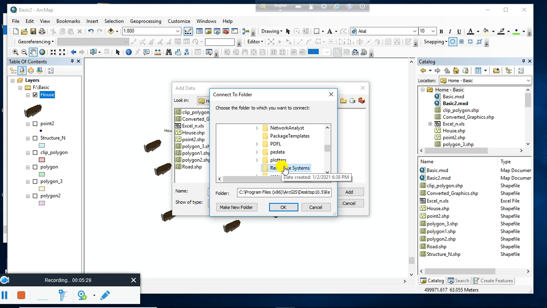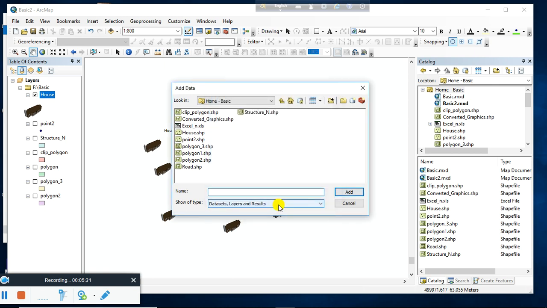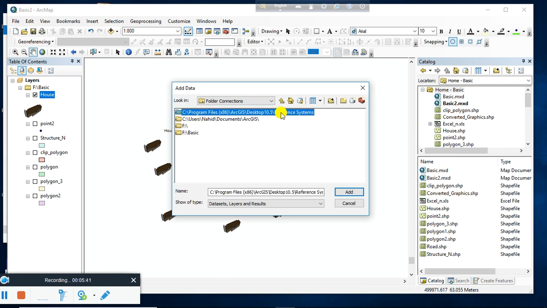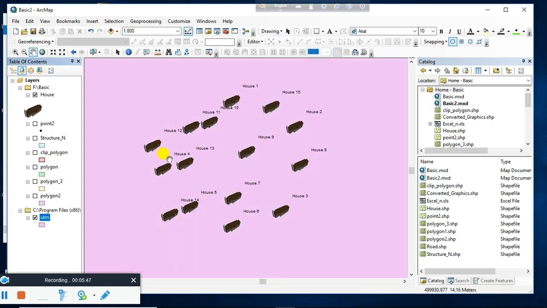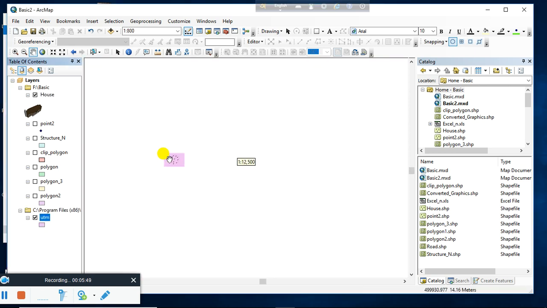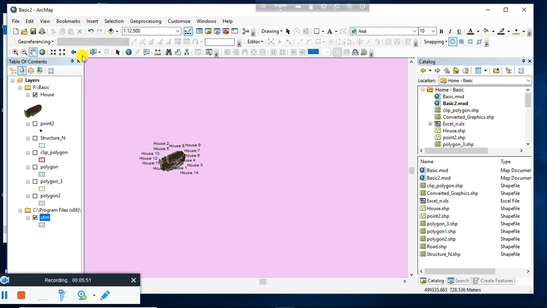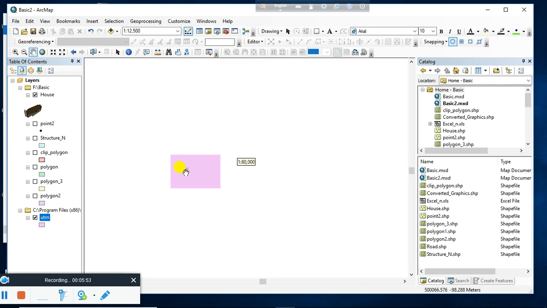This is the reference system. Click OK. Then go to the home button, click folder connection, and this is the folder that I connected recently. Go to the reference system, you will find the UTM. Click add. So now if you zoom out the layer,